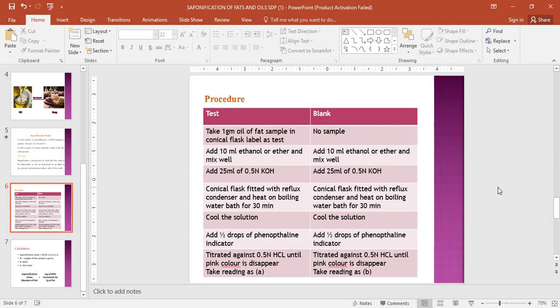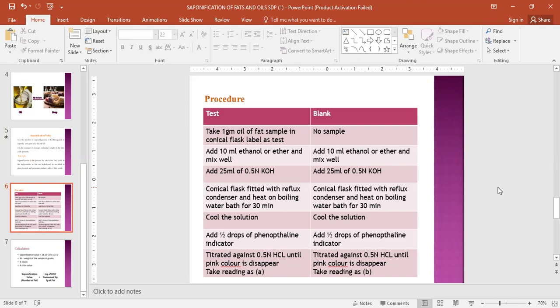Both the conical flasks are fitted with the reflux condenser and heated on the boiling water bath for 30 minutes. After the 30 minutes, remove the conical flask from the reflux condenser and place it aside for cooling the solution. After the solution cools, add 1 or 2 drops of phenolphthalein indicator in both the conical flasks. Then it is titrated with 0.5 normal HCl until the pink color of the phenolphthalein indicator